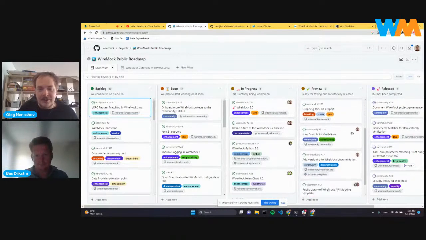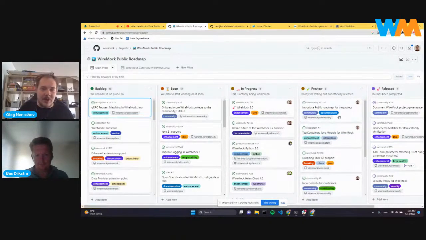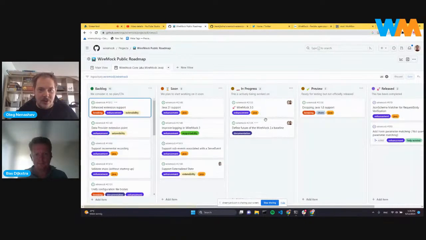Here you can see a lot of initiatives happening in WireMock in different stages. If you're interested to know where the community is going, you can check it out. There will be more and more views for different use cases. For example, here's WireMock Java, and basically the scope for WireMock 3. This is just a hint about what we will officially announce maybe this week, maybe next week. But there are a lot of things under the hood and a lot of things coming up.